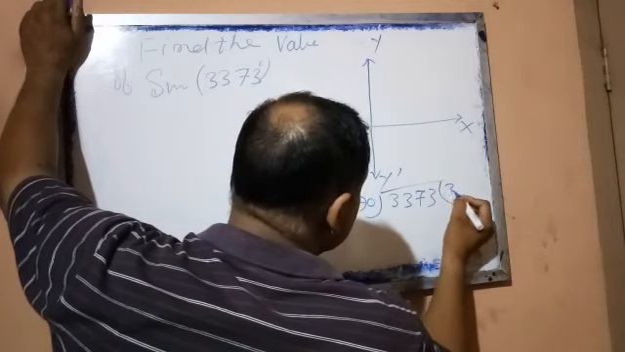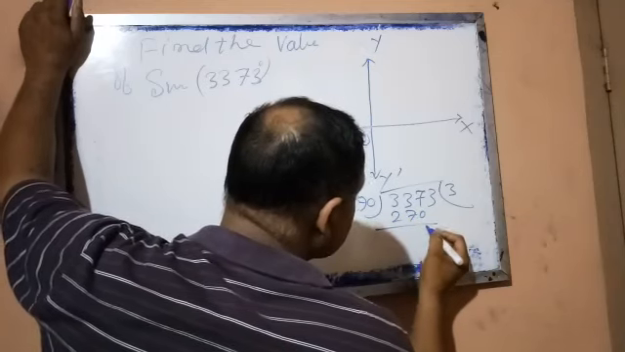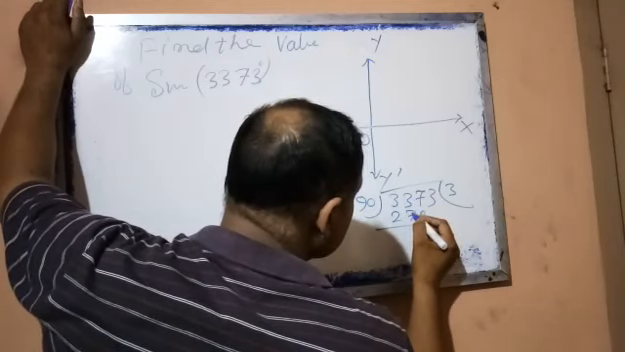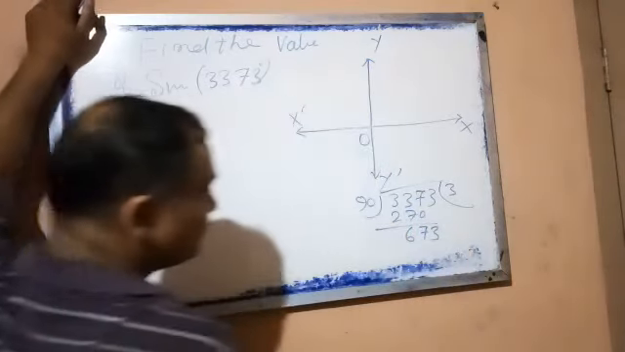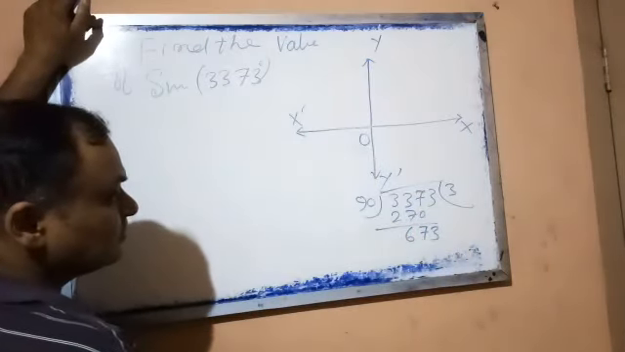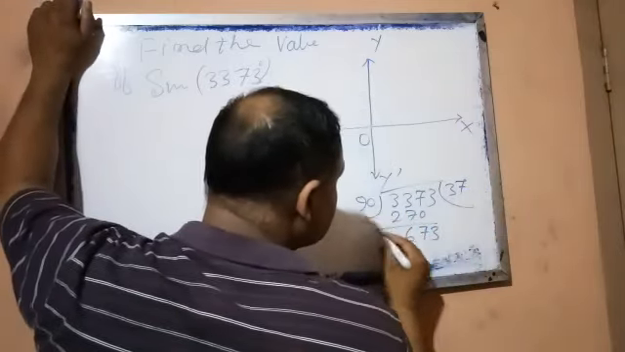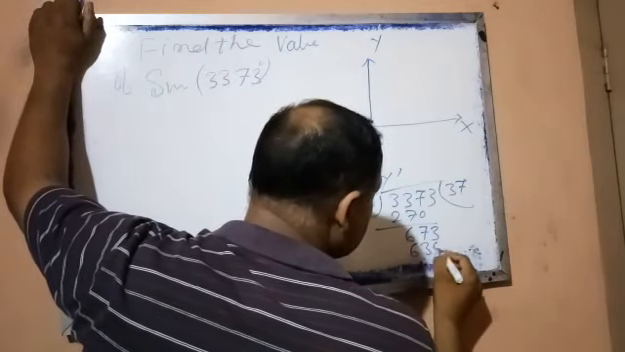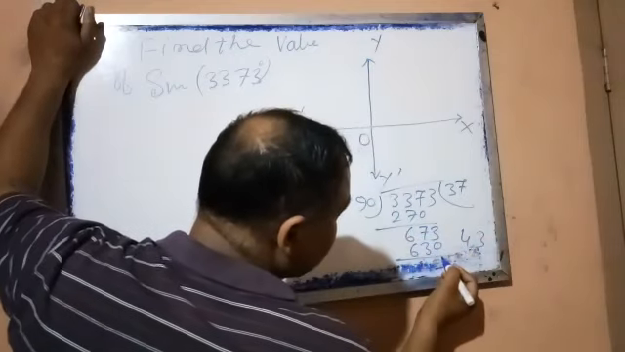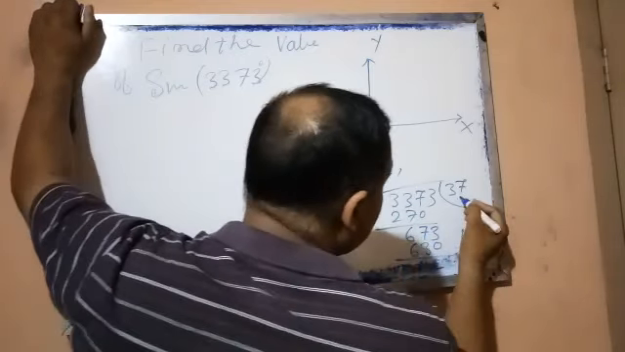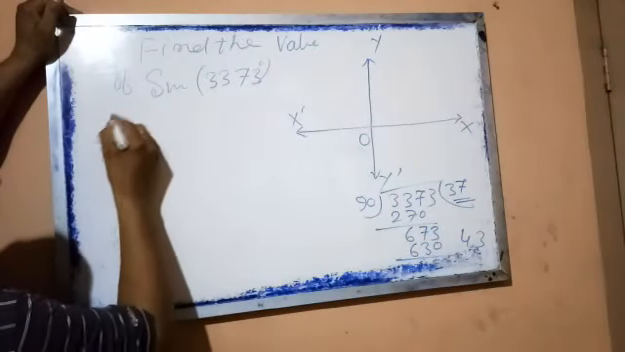So how many times does it go? 9 3s are 27, 270, 7, 67, then again 3, now 7 times it goes, 7 9s are 63, 0. So what finally balance is left? 43, no? 3 minus 0, 3, 7 minus 3, 4. And how many times did it go? 37. So we will write here,